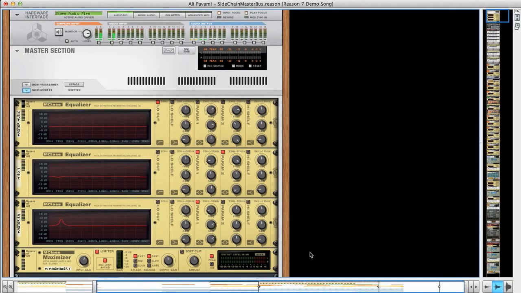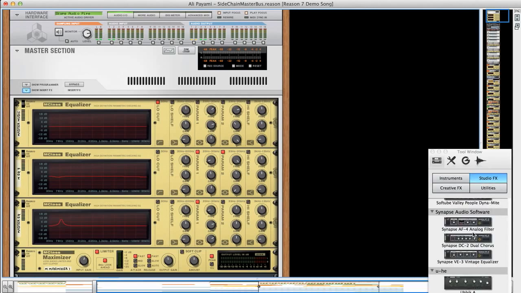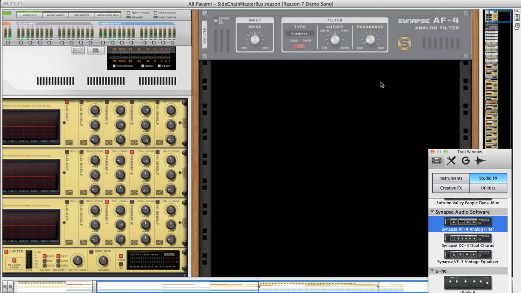So to do this, we need to create an EQ or a filter that we can filter off that low frequency information and just send the master bus compressor the high frequency information. And you can do this with basically any EQ or filter in Reason. And for the sake of visual simplicity, and also I like the sound of it, I'm going to use the Synapse AF4 analog filter. So I'm going to drag that into my rack,